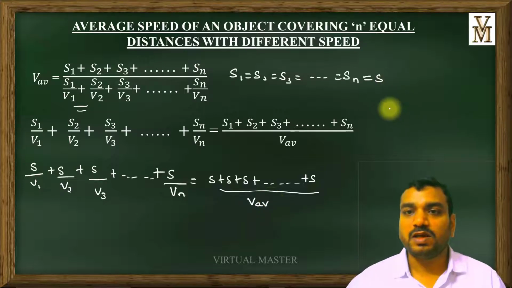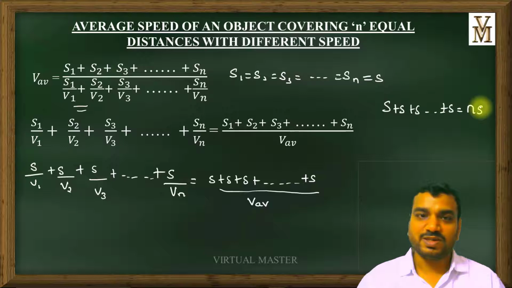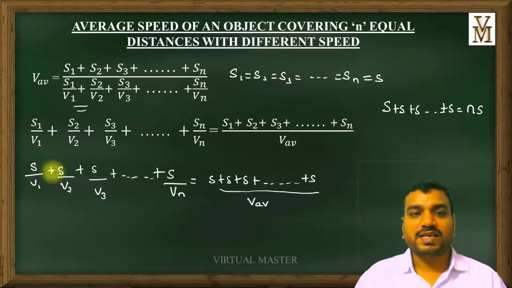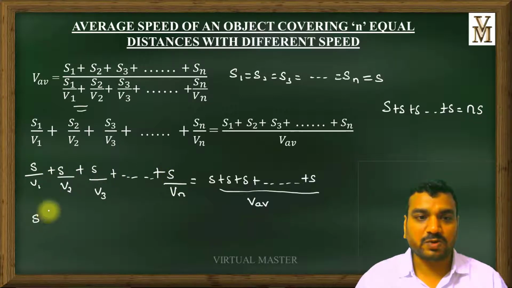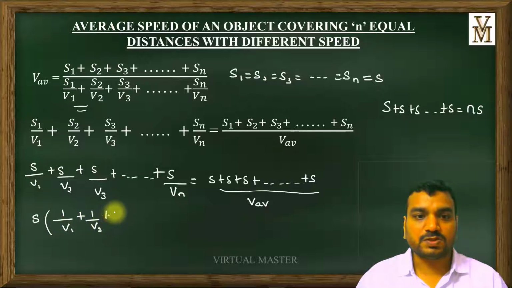We know one formula. If you add S plus S like this up to n times, what you are going to get? The value will be equal to n into S, isn't it? Now what I am going to do? I will take S common in the numerator in all the terms. If I take S common, what I am going to get? 1 by V1 plus 1 by V2 plus 1 by V3 plus up to 1 by Vn,